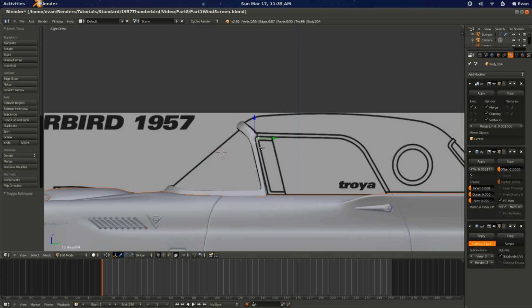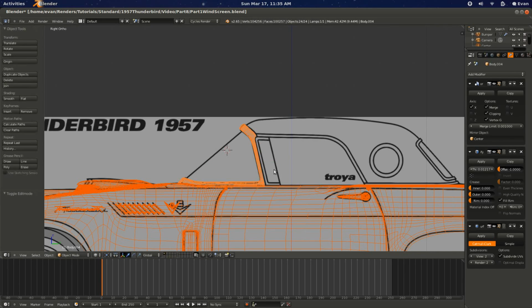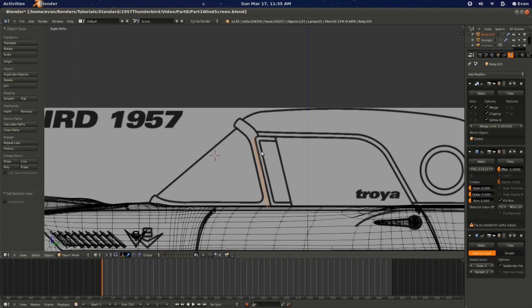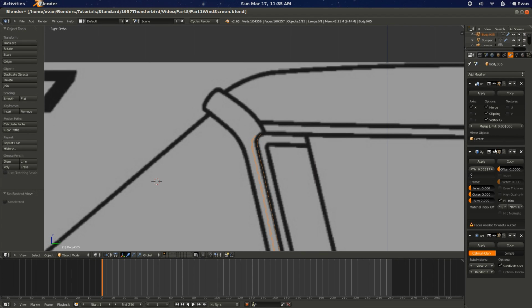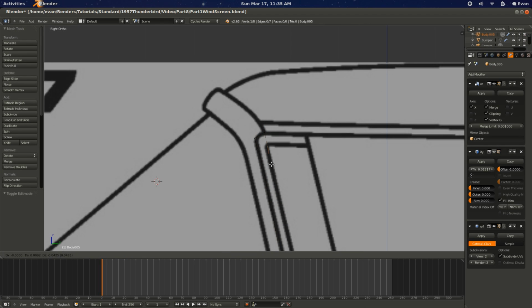And now let's go ahead and model out this wing window quickly. Let's just duplicate this edge in there. Hit P. Separate by selection. Let's hide the edge there. Gonna hide the solidify. And then